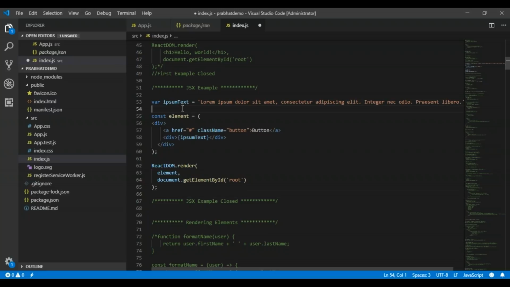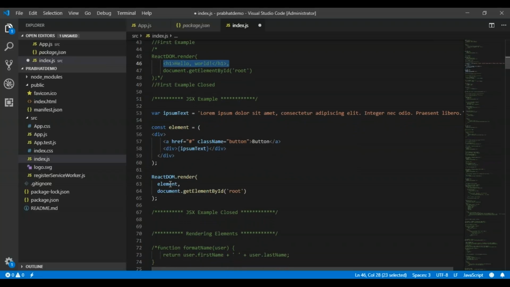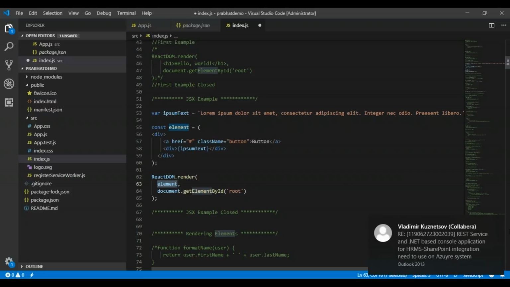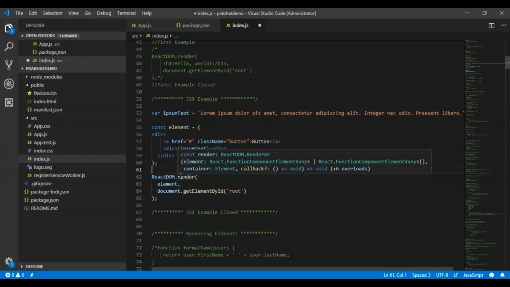So in this particular example, how can you add your JSX? In the previous example, in ReactDOM.render, I added the complete element as the first argument. But there is one more practice you can follow: instead of writing the complete JSX or HTML expression in the first parameter of ReactDOM.render, you can create an element outside ReactDOM.render and then pass that element to the ReactDOM.render method.